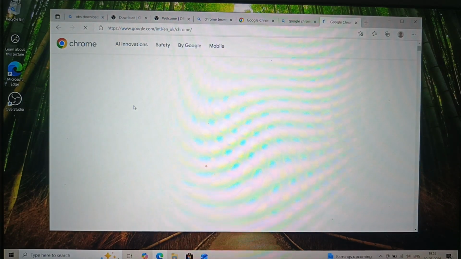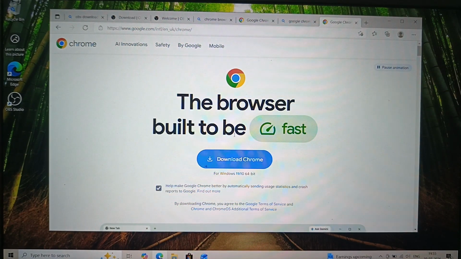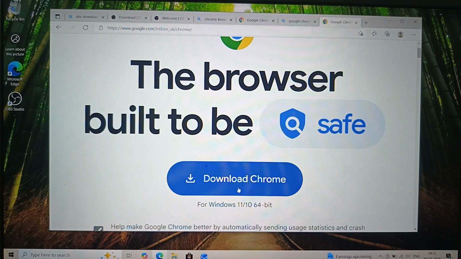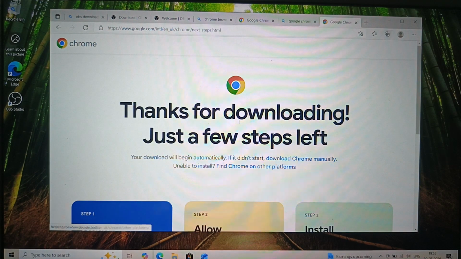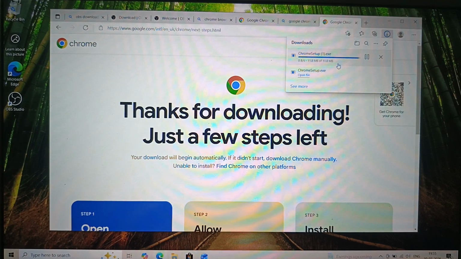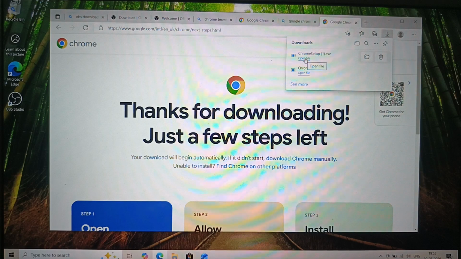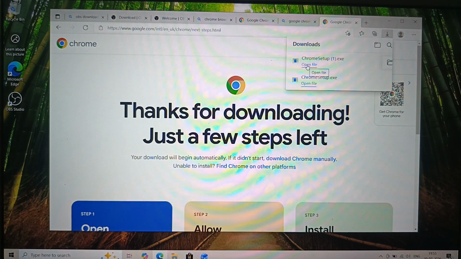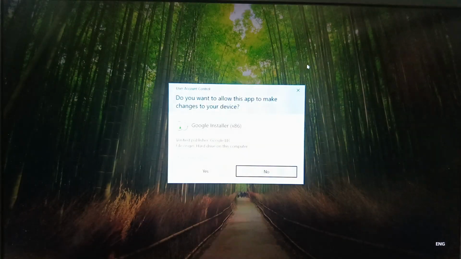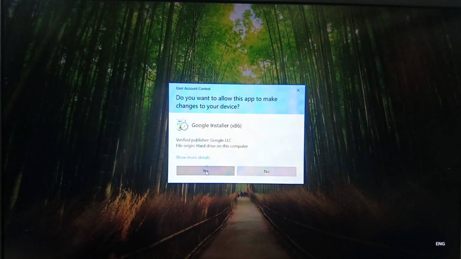Here click. Then you can download here. 64-bit my laptop. Download you can click. Open file and yes,